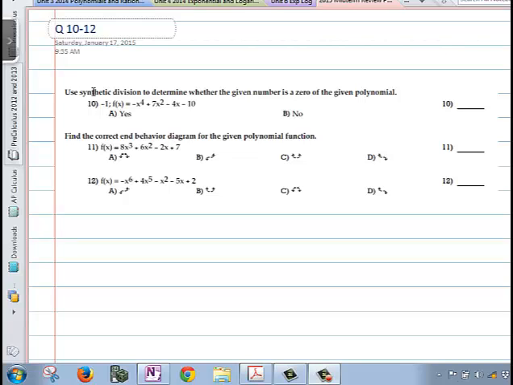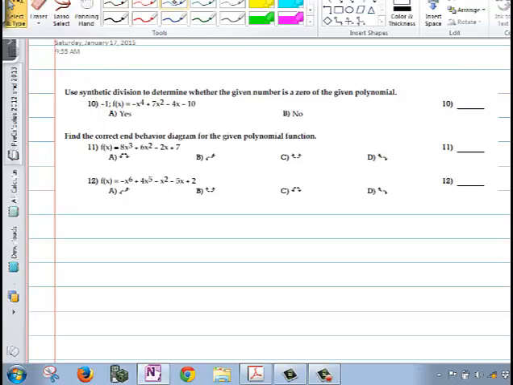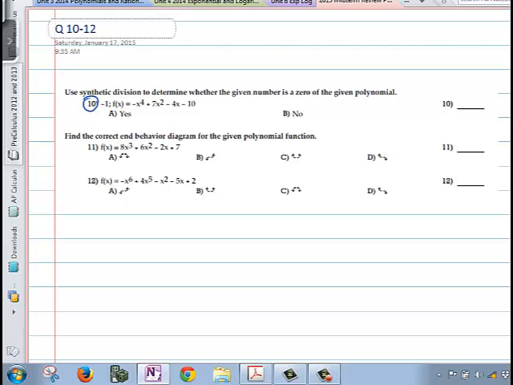Okay, now we're going to work on 10 through 12. There's a couple different concepts on these three questions. First concept is we're working on synthetic division. Remember, synthetic division is something we all love to do, but teachers love to fool kids by, as you can look at this problem, you see that there's no x to the third. So make sure when you're setting up your coefficient vector that you include a 0 for that x